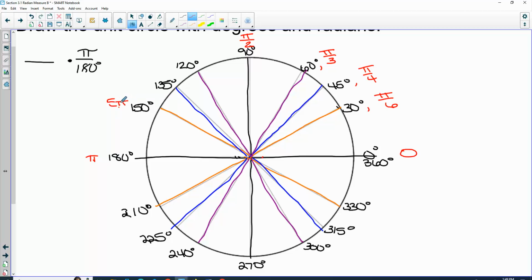We get 5 pi over 6. Okay, for 135, if I do 135 over 180 in lowest terms, what do we get? Right, if I do 120 over 180 in lowest terms,